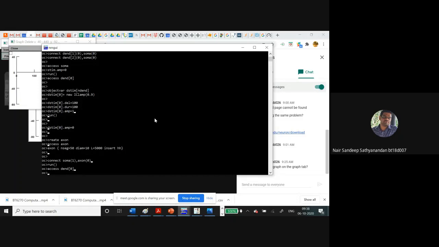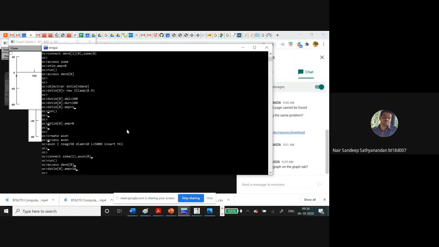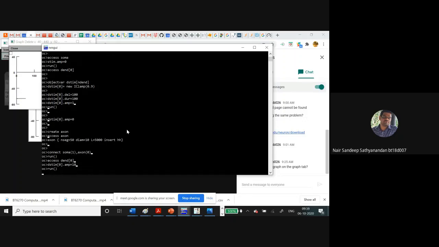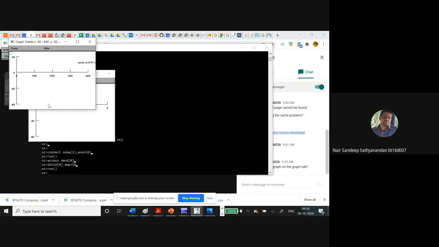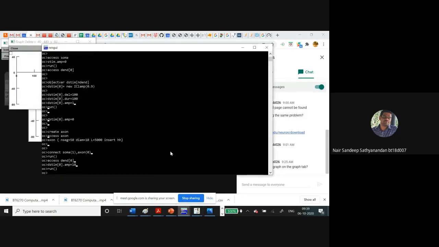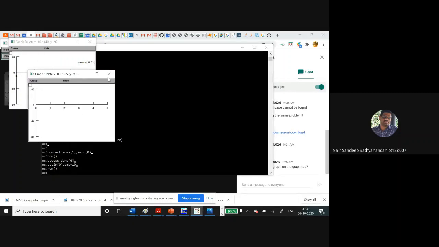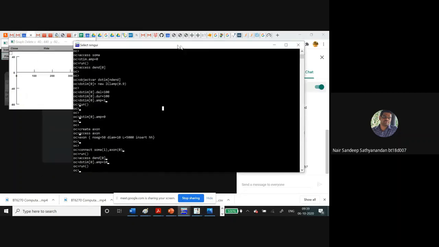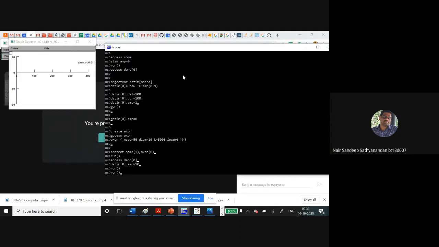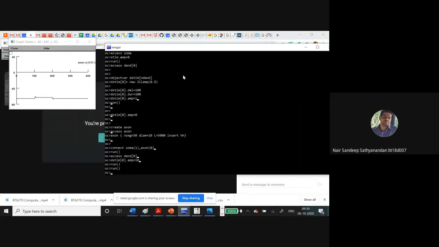To apply the stimulus to the dendrite, we have the variable dstim, and then dstim of 0 dot amplitude. Let's give the amplitude as 10, and then let's run. Yeah, you can see that the amplitude is not sufficient to generate an action potential.